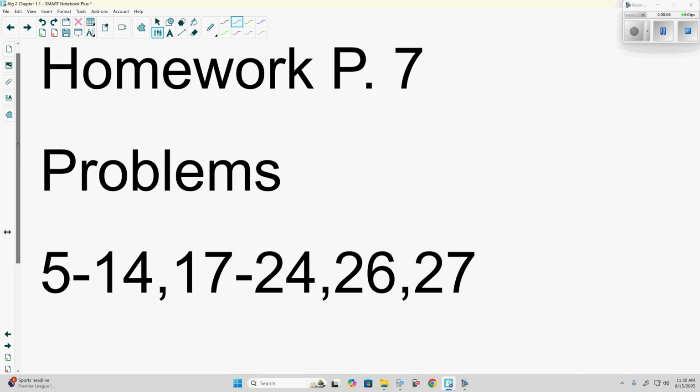interval in interval notation. The first four are going to give you inequalities. You're going to write it in interval notation, with parentheses and brackets. 11 through 14, they give us a number line. We're doing the same thing. 17 through 24,